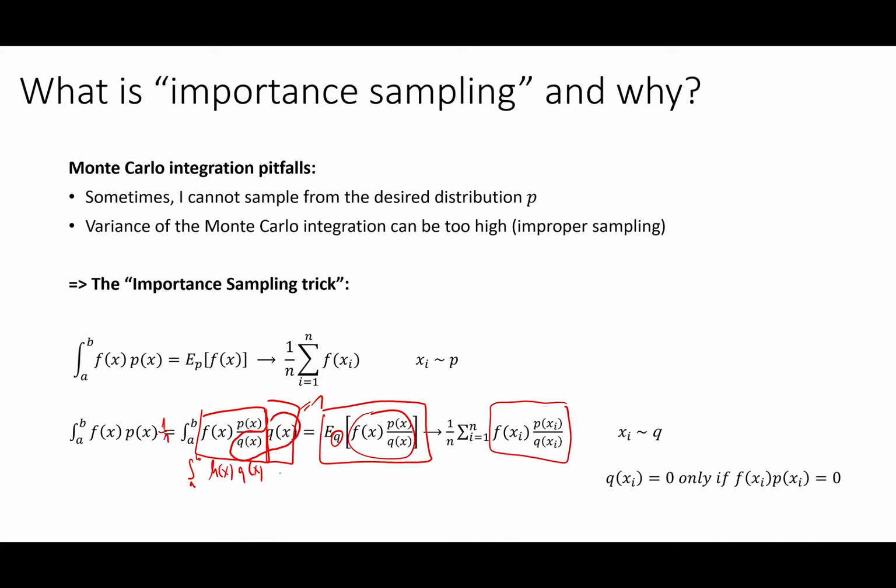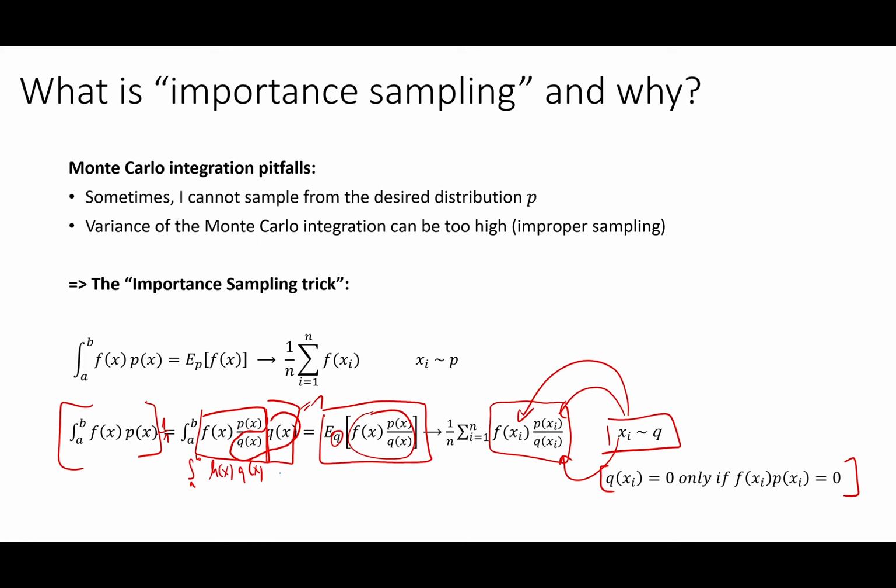So I have this middle term, and now I'm just sampling from q. I'm plugging these samples into this function, and as I'm averaging, I'm getting the result of the integral on the left. And of course I have to be a little bit careful, because q of x must not be 0 if the top part of the fraction is not 0, because otherwise I would be dividing by 0, and that's not good. But this is a super cool trick